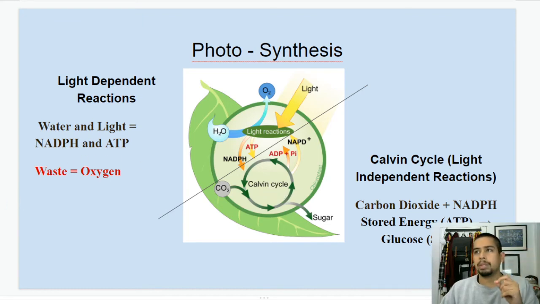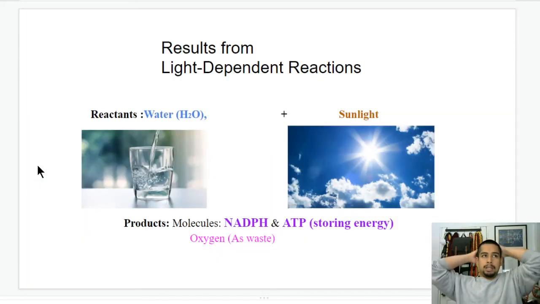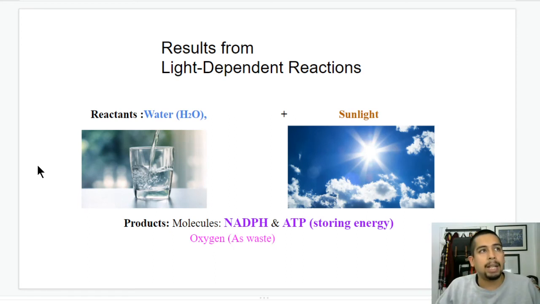We're going to make a little bit more association, okay? So, results from the light-dependent reactions. Here in particular, we have water as one of the reactants. We have sunlight as the second reactant. And then we have the products, which are two molecules, NADPH and ATP. Okay, those are very important for you to remember, and those are going to be the ones that move on to the other set of reactions. And we also have oxygen coming out as waste. That's an important note to make